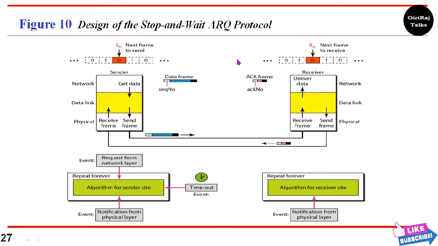If the receiver does not respond when there is an error, how can the sender know which frame to resend? To remedy this problem, the sender keeps a copy of the sent frame. At the same time, it starts a timer. If the timer expires and there is no acknowledgement for the sent frame, the frame is resent, the copy is held, and the timer is restarted.